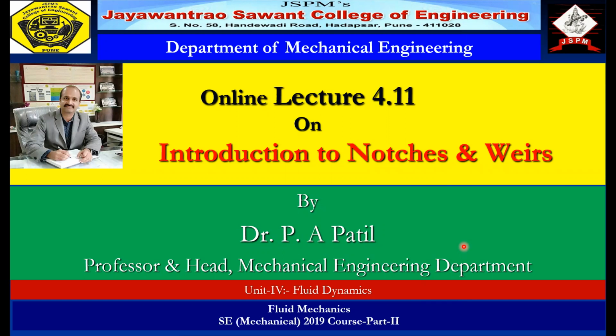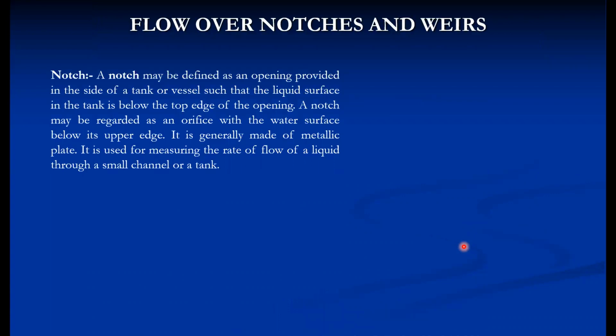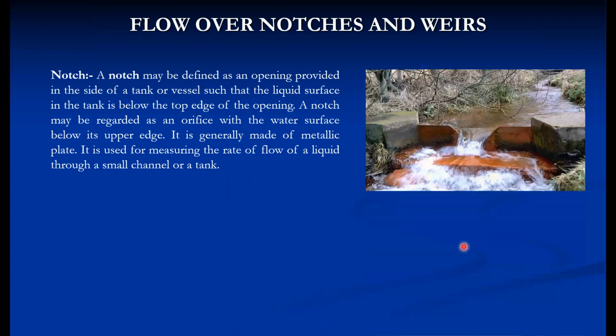So the pitot tube is not that much used for measuring the velocity through a particular channel, especially large channels or narrow channels. For that, a device called notches and weirs is used. In this session, we will discuss how to calculate the discharge using these notches, where notches and weirs are used, and the different types of notches and weirs. First, a notch is nothing but an opening provided in the side